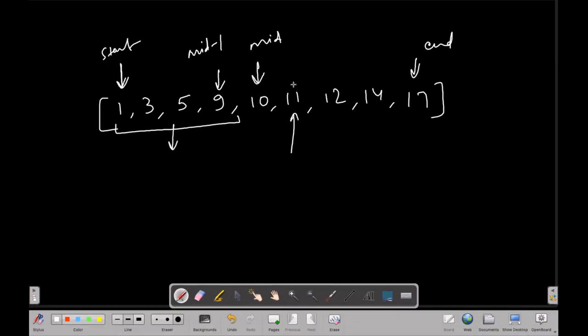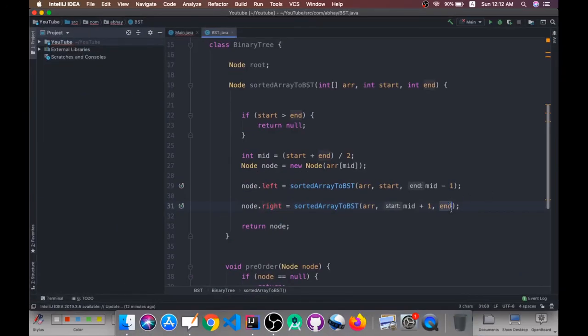These are the values in the right subtree, so 11 will be the start and the end will be the same. These lines are enough to construct our binary tree since we are using recursion. We have also defined a base case, which creates the node and then recursively calls the left and right subtrees, and the rest of the work is done by recursion itself, and after that we simply return our node.